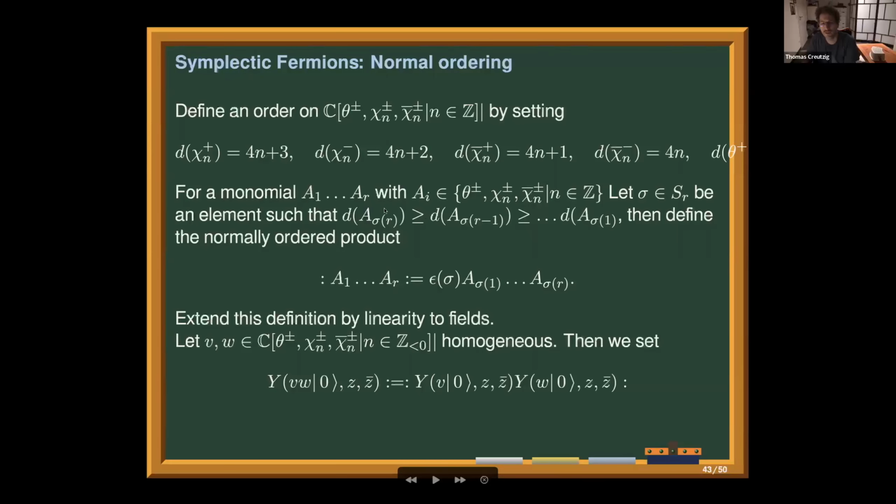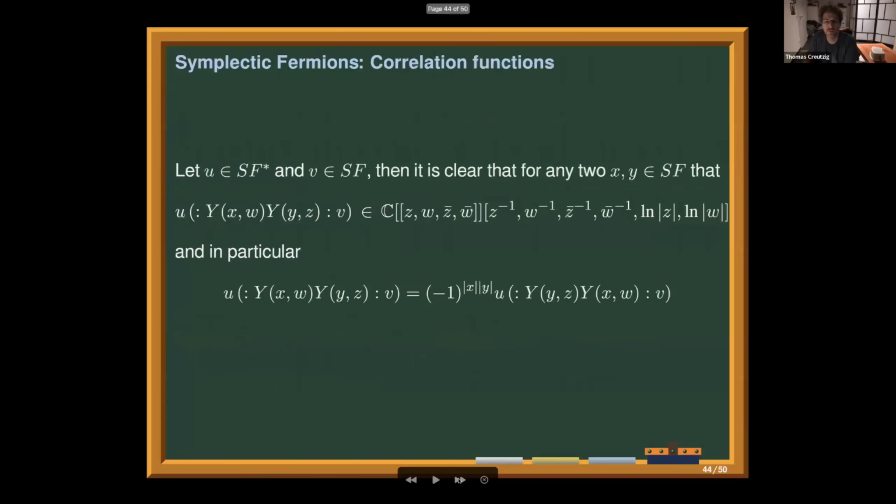And then you define the normally ordered product in the absolutely usual way, that you simply move modes that are more positive to the right of the modes that are more negative. And all you have to include carefully here is also a minus sign that depends on your permutation, because we are dealing with a super conformal field theory. So that means if you swap an order, then you always have to add a minus sign. And then according to this description, we define fields as a normally ordered product of fields. Okay, and with this prescription,